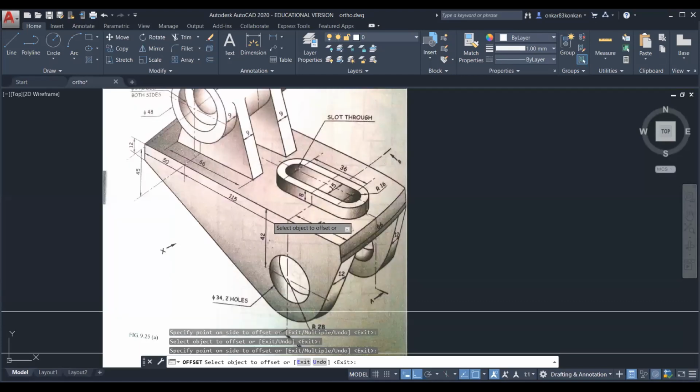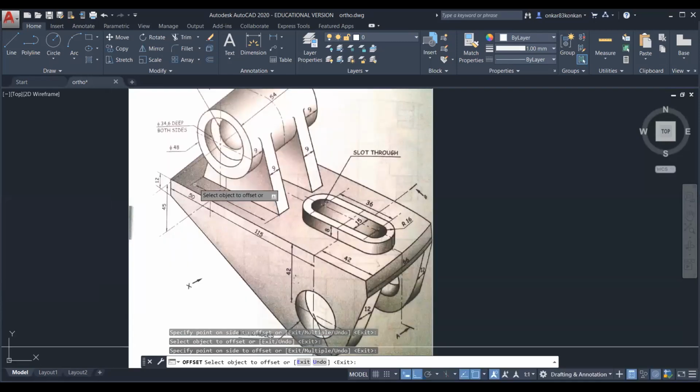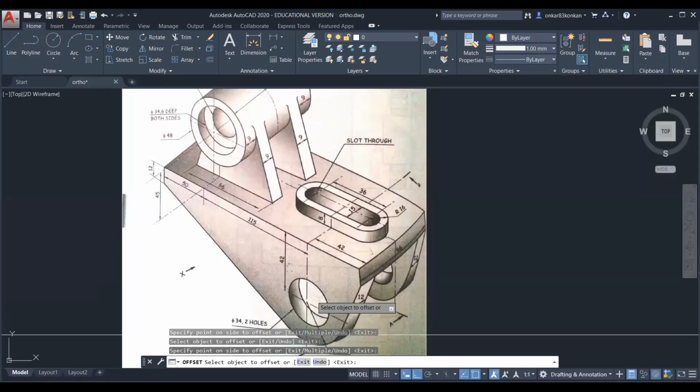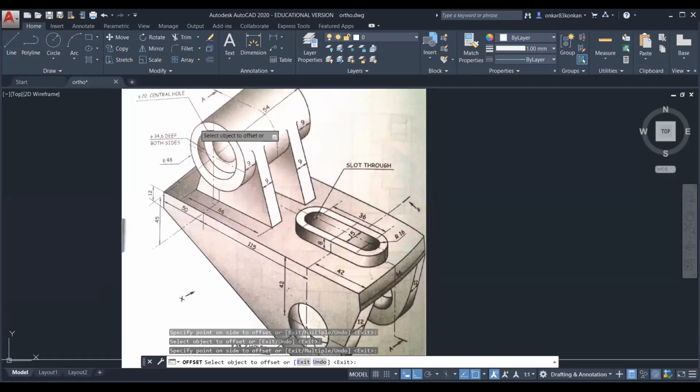Then from this line, you can observe here 45 mm dimension up to the center of this circular hole. So from this center to this center, total dimension is 45 plus 42. That is 87. And then we should add the radius of the outer circle. Its diameter is 48, so we should add 24. So 87 plus 24.